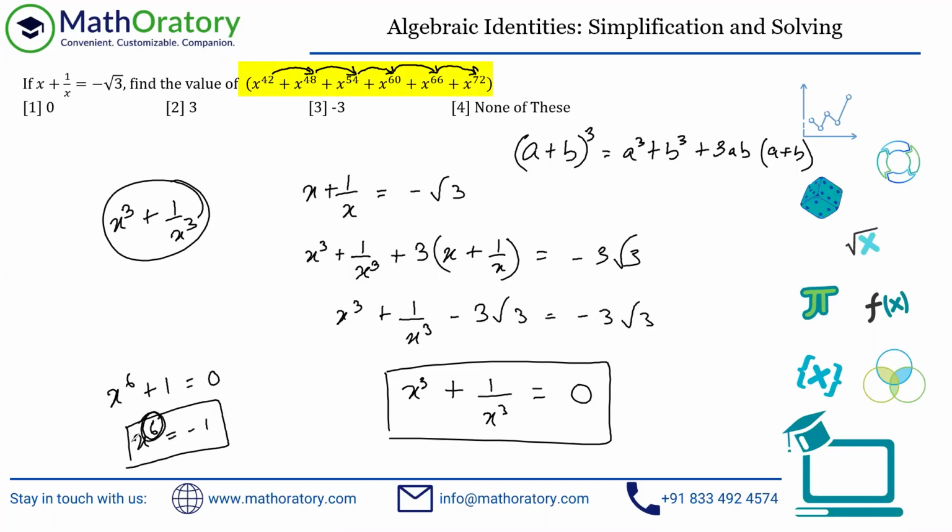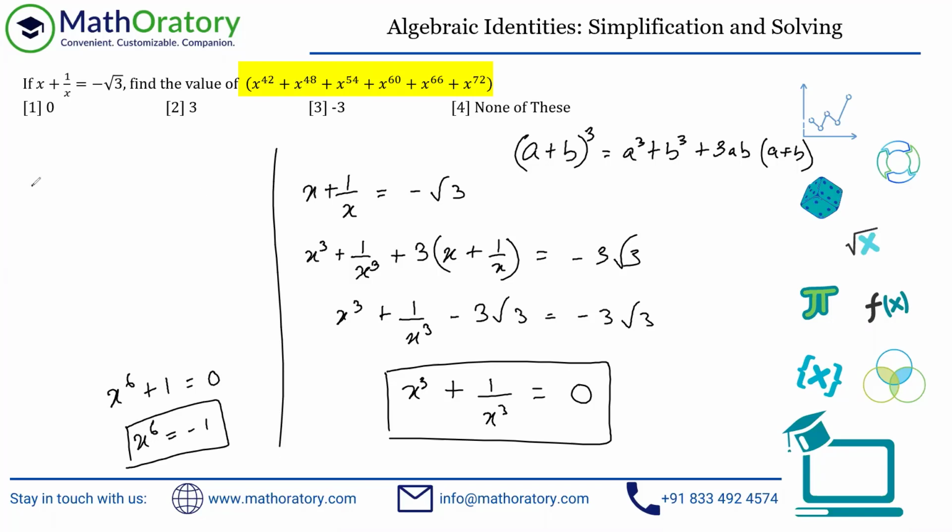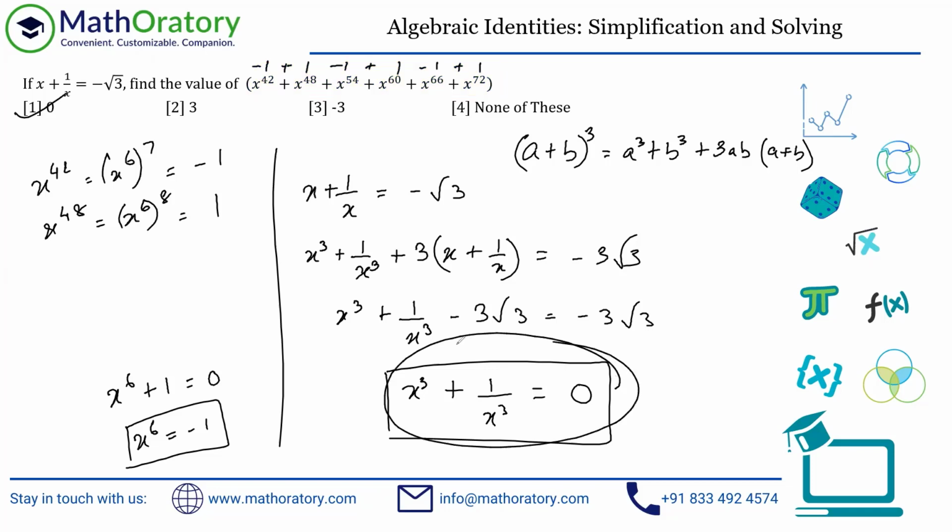Now check this out, we get this x to the power 6, the thing I was earlier talking about. For example, x to the power 42 here is x to the power 6 whole to the power 7, right? And since x to the power 6 is minus 1, this is minus 1 raised to 7, which is minus 1. Similarly, x to the power 48 will be x to the power 6 whole to the power 8. So minus 1 raised to even power, so that is plus 1. So this will become like this, right? Minus 1 plus 1 minus 1 plus 1 minus 1 plus 1, which actually cancels out everything, and the result is 0. But that is because there are even number of terms here. Had this stopped at x to the power 66, the result would have been minus 1. So I hope you get the point now.